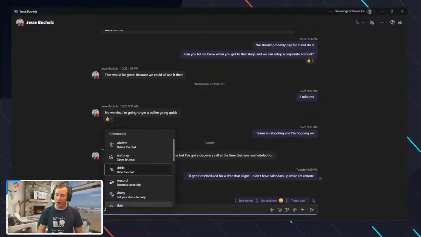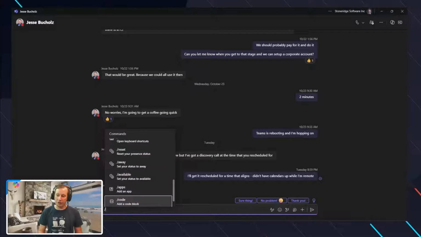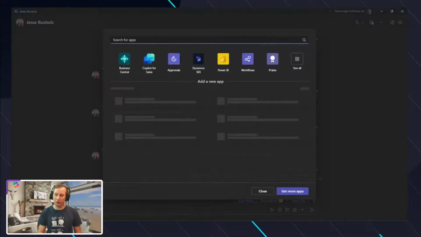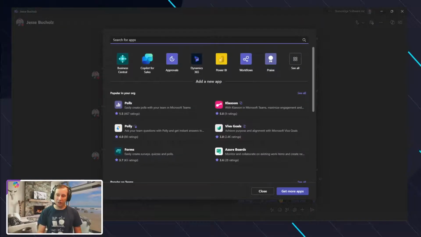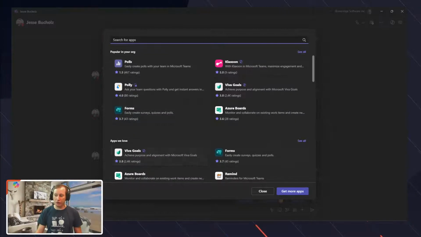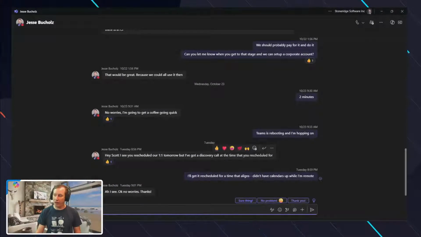So inside of here, remember, same concept with Jesse. If I wanted to go ahead and leave the conversation, use any of these different actions, I could do that. I could add an app even. So if there's an app that we want to interact with, for example, inside of Teams, inside of this chat, like if I want to add a poll app or maybe a to-do app or a form app, I could do that and then add it to the chat.